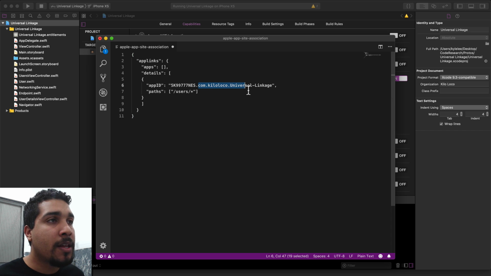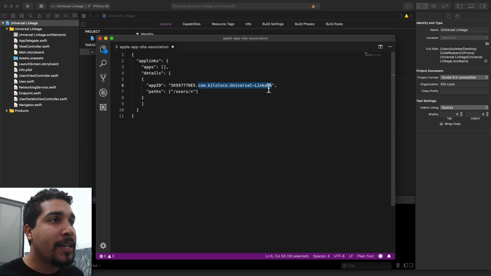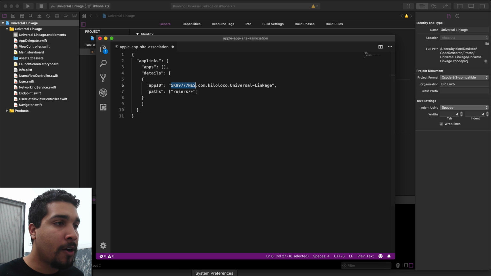As you can see, this is the bundle ID of my app in general. This bundle ID is the exact same bundle ID as right here. And this number or code dot my bundle ID is just my team ID. Now, if you don't know how to find your team ID, all you have to do is